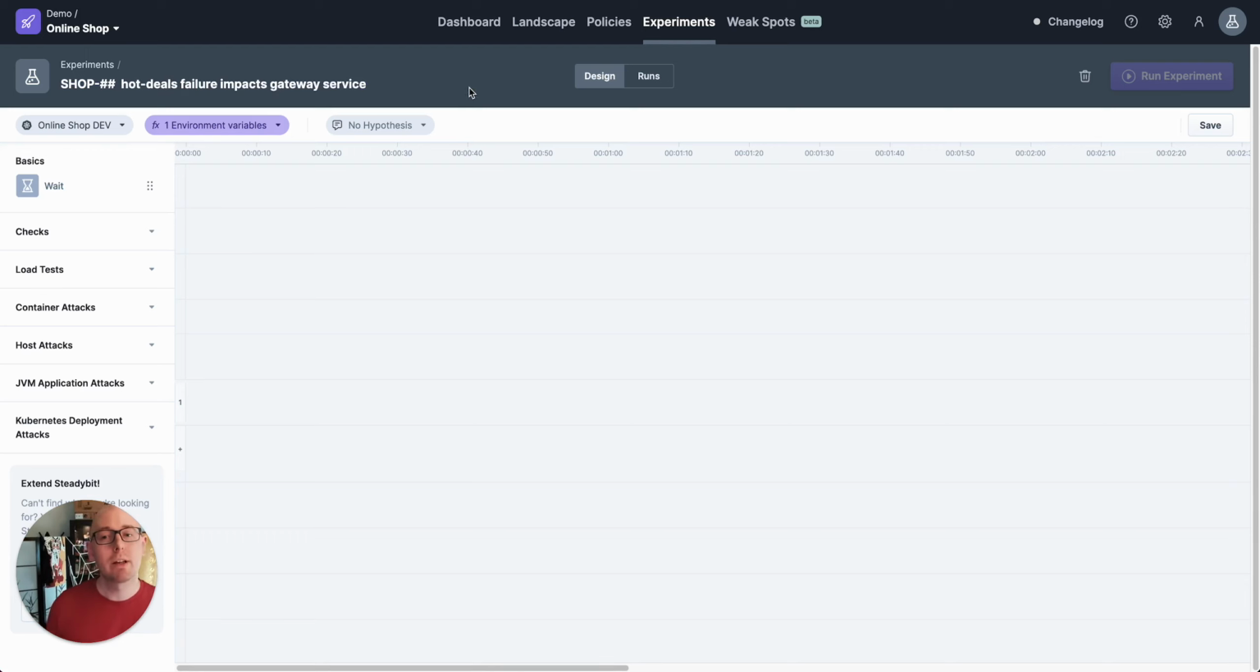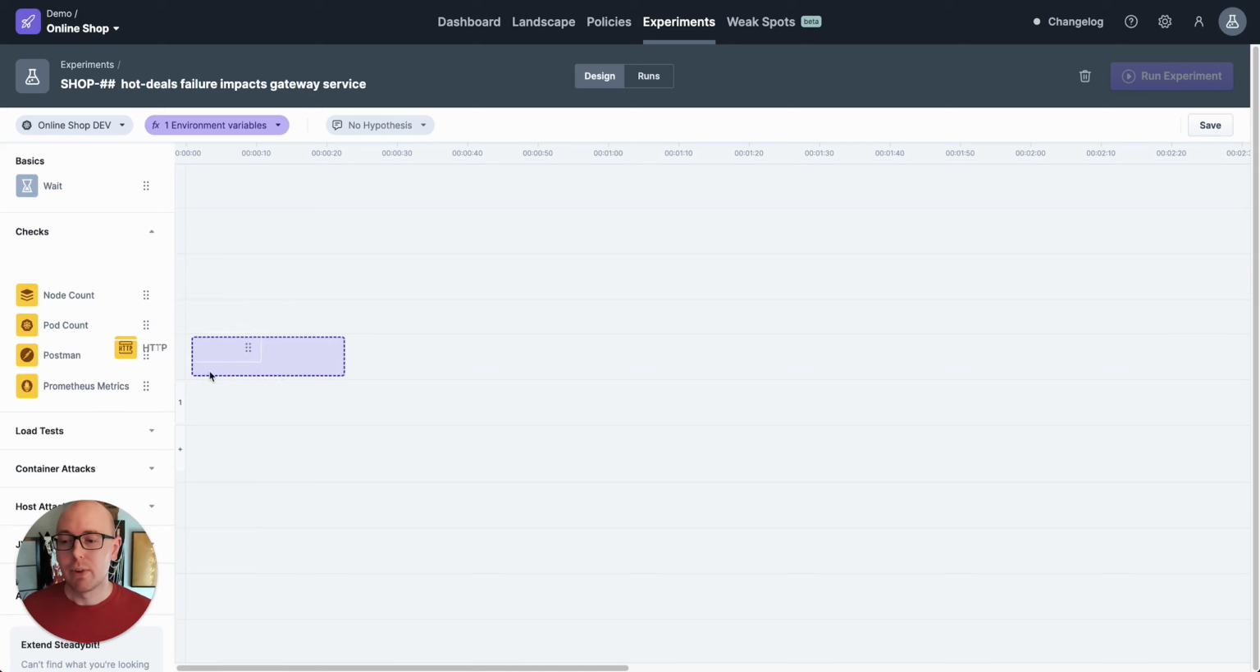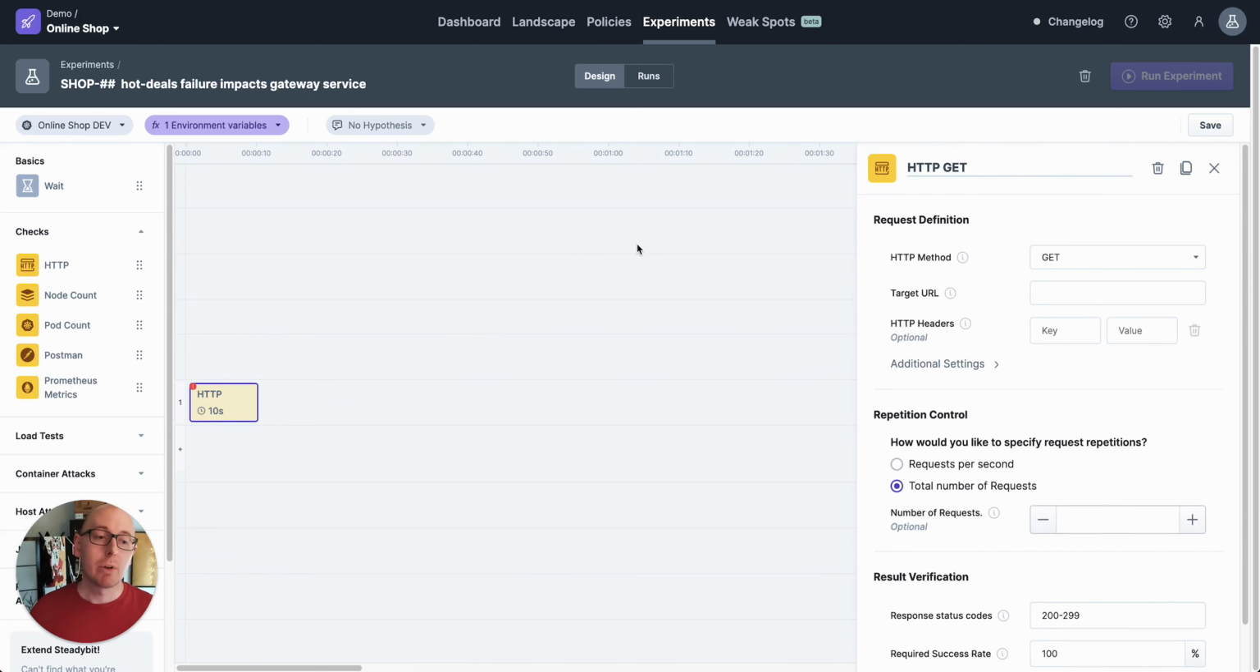And then we can start up with a blank canvas. This is basically like a film strip. So you can drag and drop sequences in that will then be executed as part of your experiment. And we want to establish first what it means that the gateway service is working. And we do so using a check. You may also be used to the term probe from other services. It's essentially the same. We want to verify that our gateway service is working, and we do so by issuing